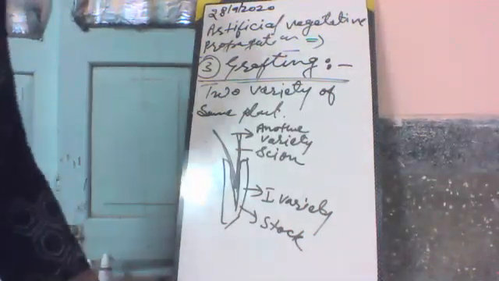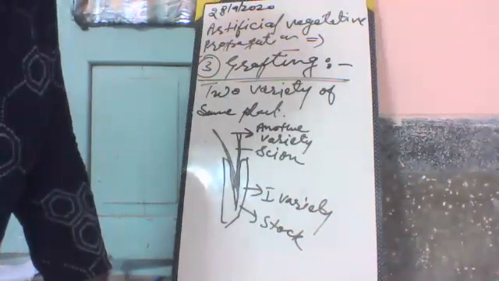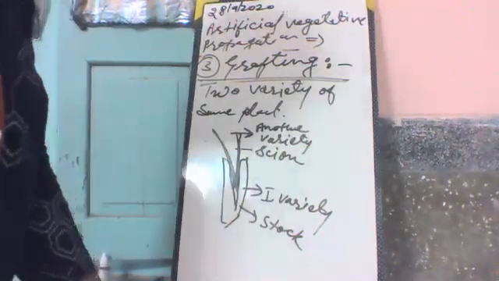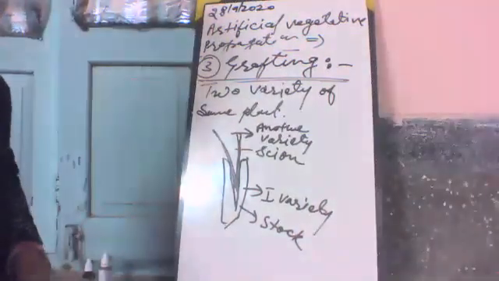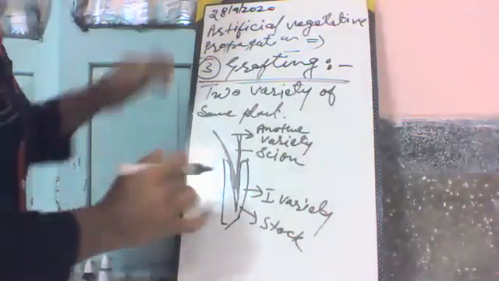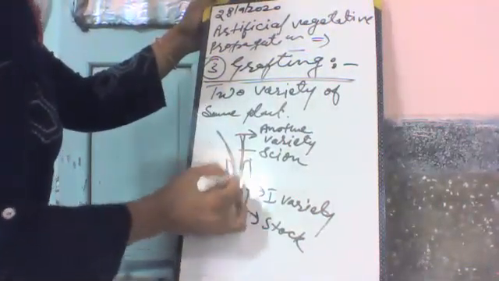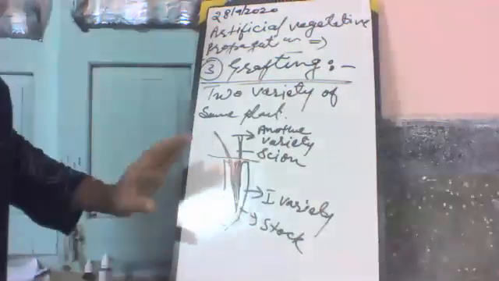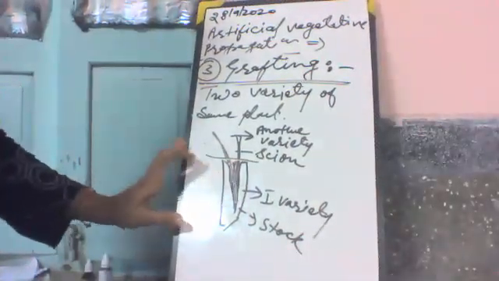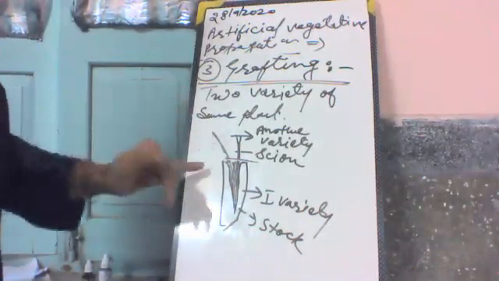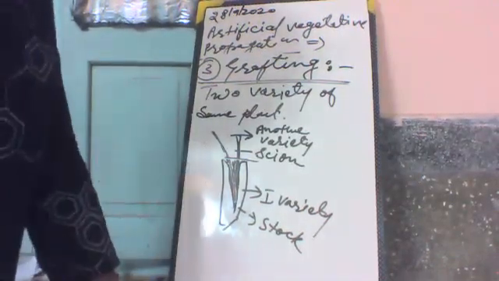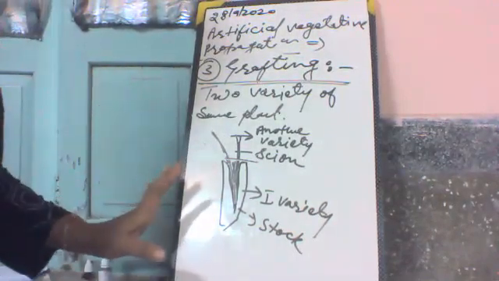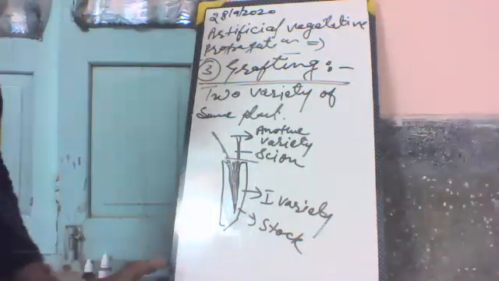It is very important that the cambium layer of stalk and scion must come into very close contact so that growth may continue. The contact of these two parts must be very close to each other. They do not have any space in between them. This is the main process of this method, that the cambium layer of stalk and scion must come together very close so that